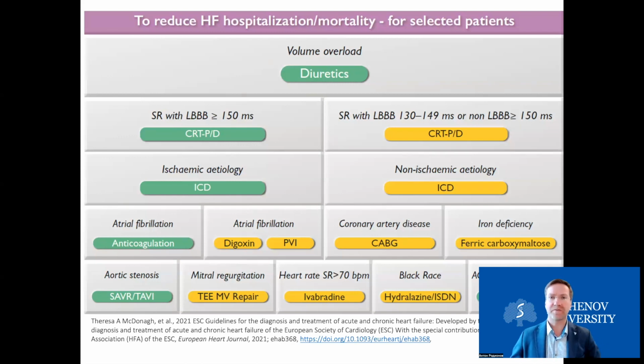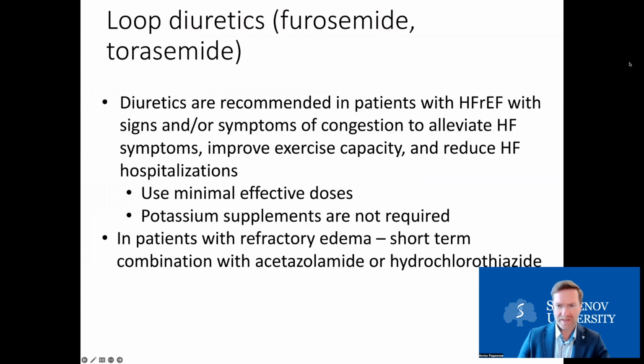So that was 4 groups of drugs which we must give to our patient. The second part of this table is drugs which can be used to improve the symptoms. And first of all, let's speak about diuretics. Loop diuretics are recommended in patients with heart failure with signs and symptoms of congestion to alleviate